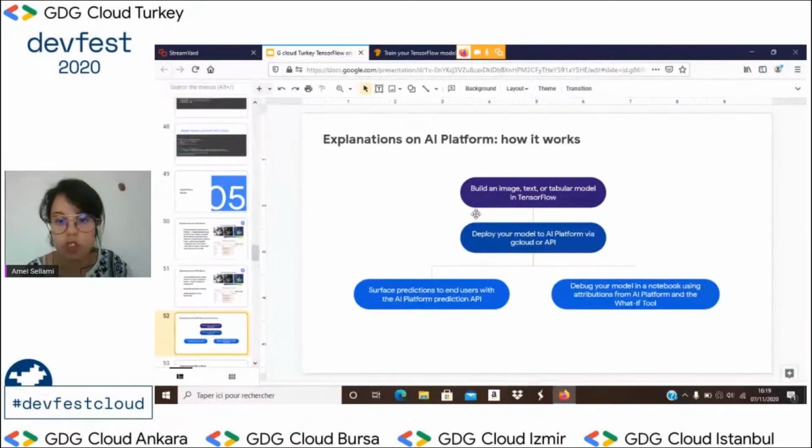As I said, you build an image, text, or tabular model in TensorFlow. You deploy your model to AI Platform via Google Cloud or the API. Then you either want to serve predictions to end users with the AI Platform Predictions API, or you want to debug your model in a notebook using the attributions for AI Platform and the What-If tool.